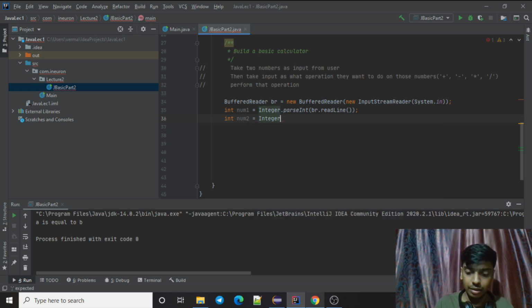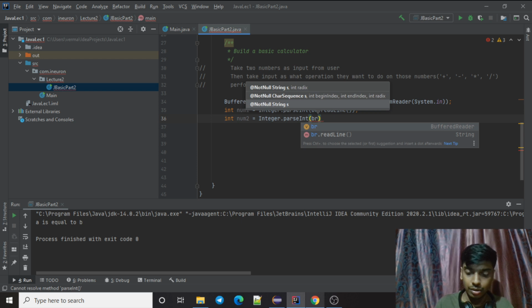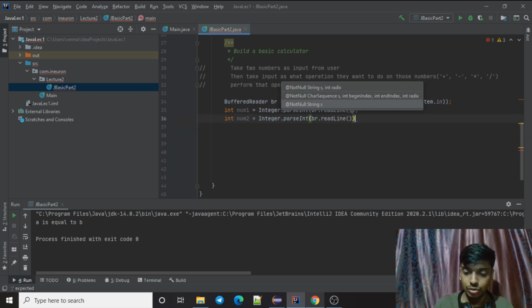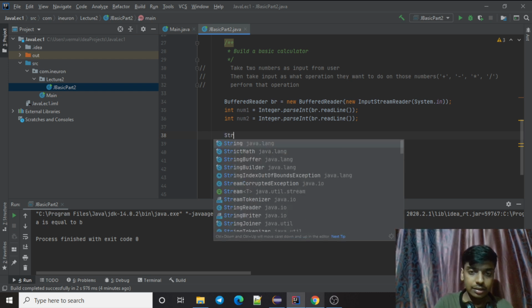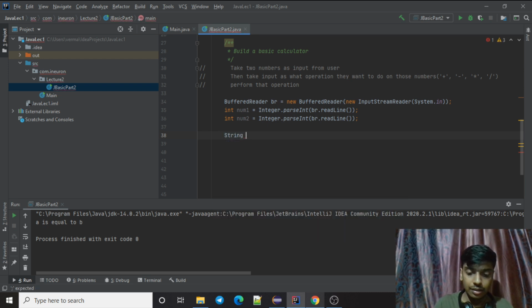Now I'm going to take the other input. For that, use br.readLine, right? And then take a string, operator.